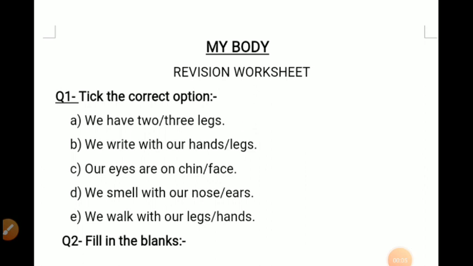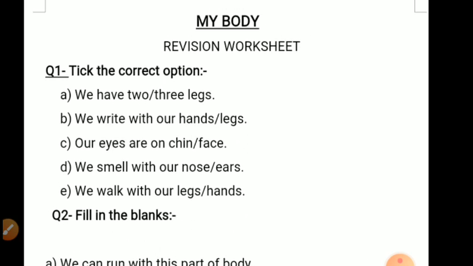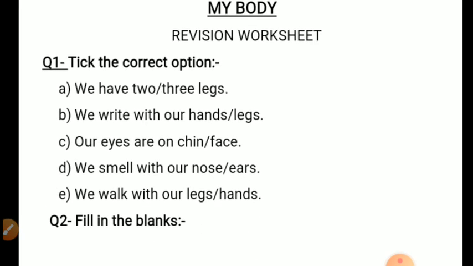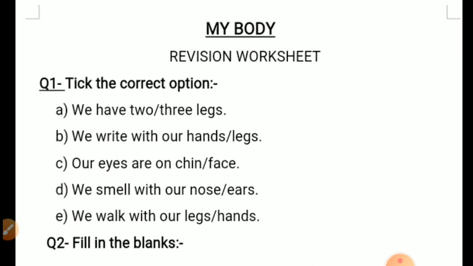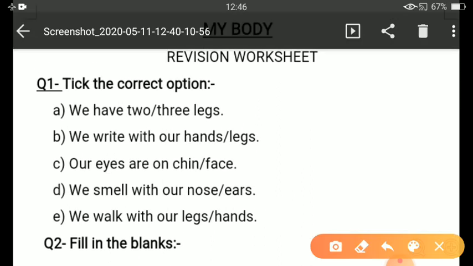So, children, today we will discuss some more questions related with the topic My Body. That is chapter 2 in your book. And why are we solving all these questions? So the concept will be clear to you. Now see the first question, children. Tick the correct options. Now A part, we have